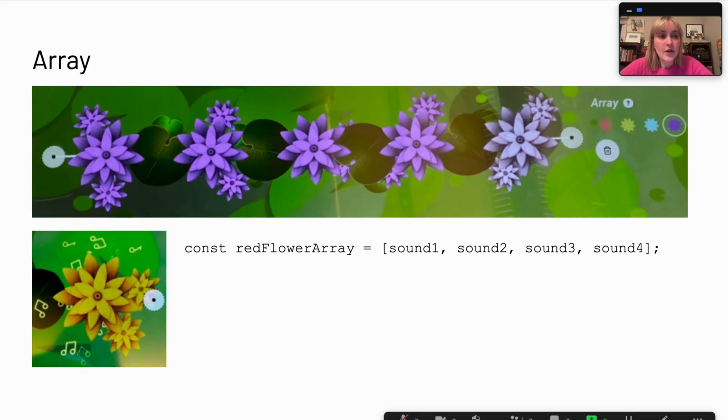So walking through the different computing concepts that are embedded in Xylocode, the first concept was an array. Each one of the lines of flowers that you see on the table represents an array. And so each flower represents a sound within the array. So when a ball or a bubble collides with the flowers, the current active sound will play, which is indicated by both a color difference as well as an animation. And you can also hear the difference in the pitch of sounds. So the array of sounds is usually along a scale range. So you can hear the sound differences, and you'll hear that in just a minute.